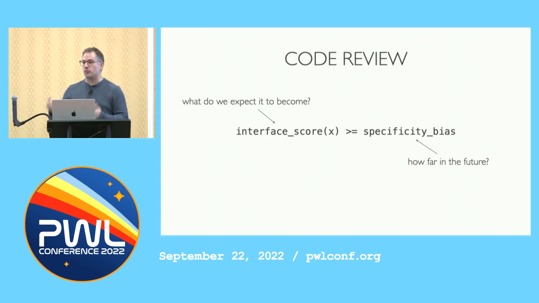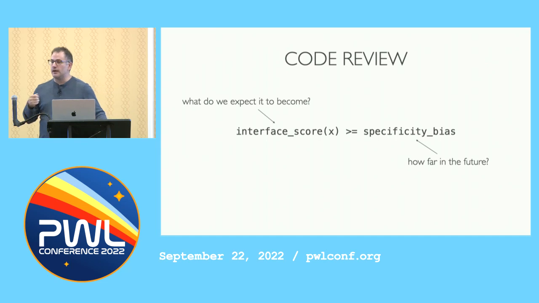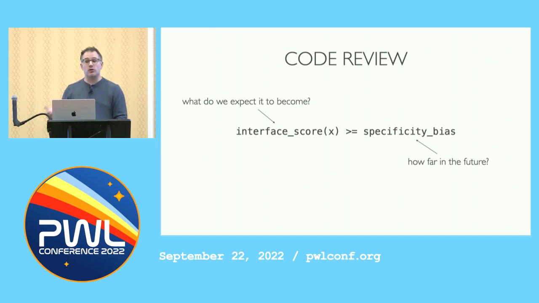right? There are many sorts of ways we can talk about this, and none of them are this sort of immediate glaring issue. It's not a functional problem. It's something that has to do with, how can we go and make our lives easier down the road, right? And there's a reason, I think, that we often have the most experienced members of the team doing code review, right? It's because they have often the clearest understanding of what the future sort of holds, right? What it is that we need to plan for.